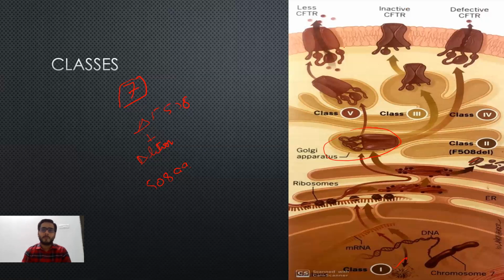So depending on which class of mutation a patient is having, it is totally dependent on the mutation studies. We can know from there. So from this slide, we can know that a patient can have a variety of presentations. Some patients may have mild symptoms, some patients have a large number of symptoms, some patients can be totally asymptomatic, depending on which mutation has occurred.